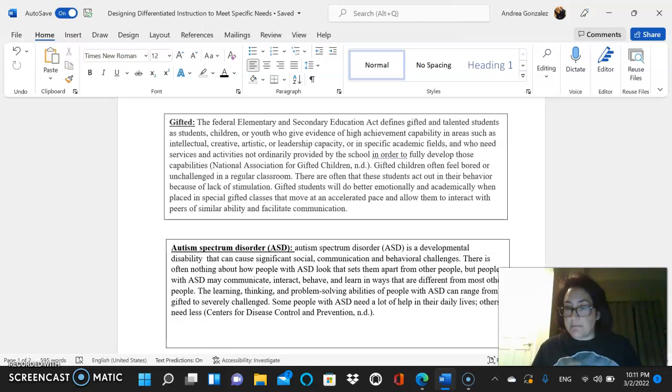These students can be placed in a general education setting with accommodations in place, and some of these challenges can be severe, some of them can be mild, and if there are services or accommodations in place, the child should be okay and will be able to function normally in a classroom. The issues you may notice will be with classmates, where the student may have trouble trying to communicate or play with other students.